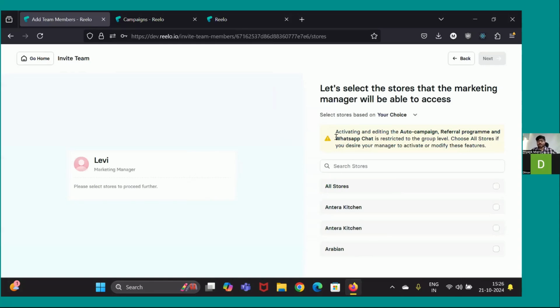But reminder, now we have added communications as a permission, where if you allow it, then the WhatsApp chat feature will be available to your team members, or else it will not be available. And since the WhatsApp chat is a group-level feature,